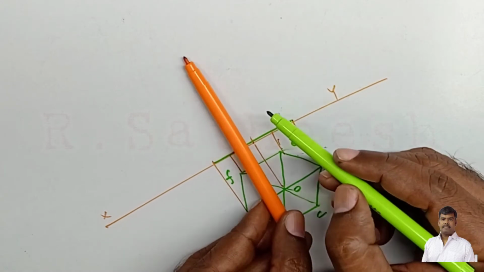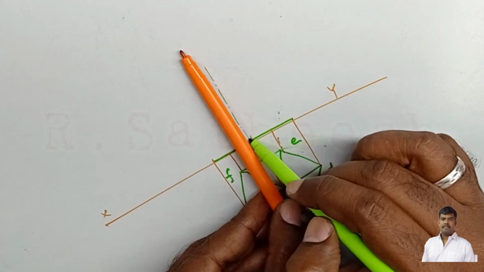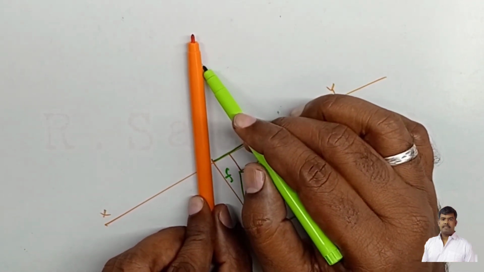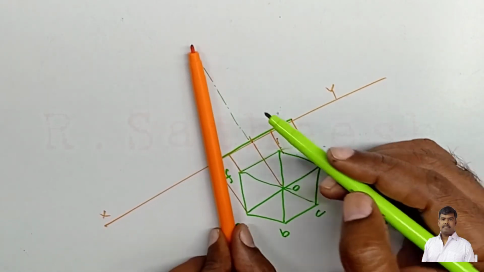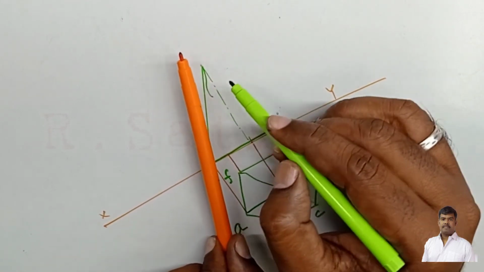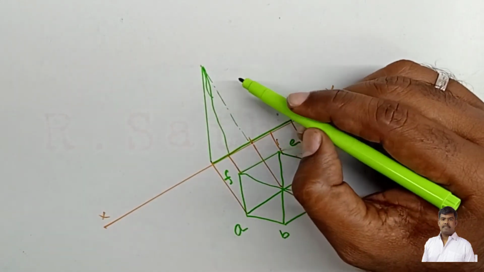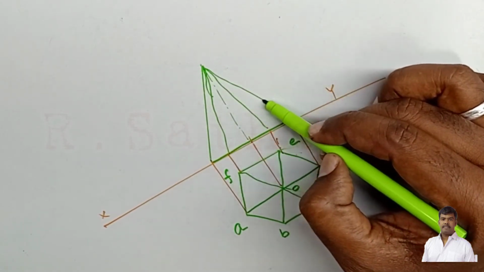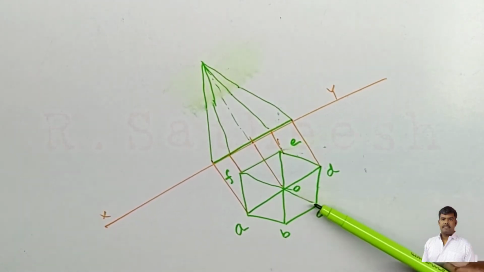Here the axis is also there. The axis length is 70 mm, so it is the axis line. Clear? And we know that it is 70 mm in size. Here that edge, similar case here to here. Next, here to here. Then this one. Now this is the front view, and this one is the top view.